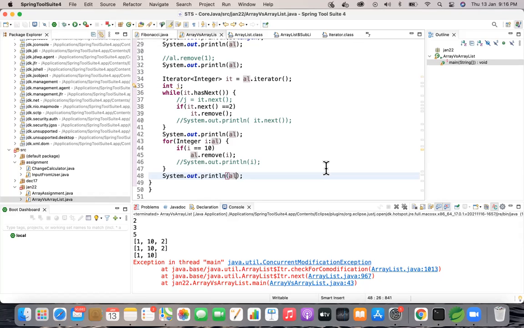So this is the pain point we have in the for each. If you wanted to do explicit condition checks at your for each level, that is not possible. So in that case, we go with the iterator. If we don't have any specific conditions, we are just going to traverse and get the element and do some other logic for the entire list of data, then we can go with for each. So to resolve this concurrent modification exception, you can open your ArrayList.class file again.